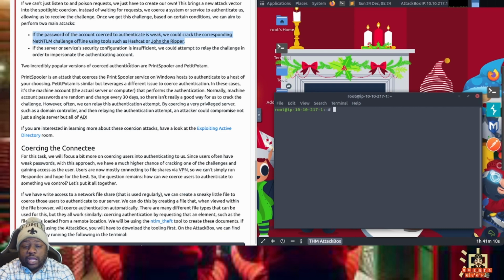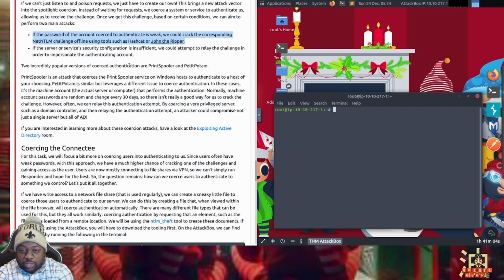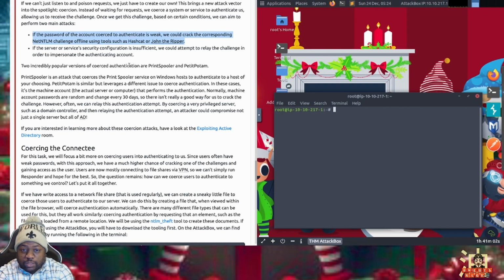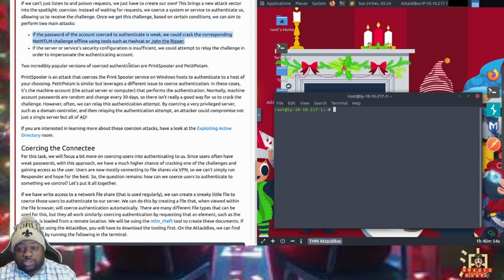So that would be like in day 11, we passed the hash. So option number one would be the brute force, which we did the other day. So we could brute force or pass the hash.